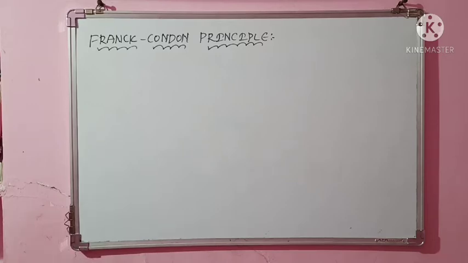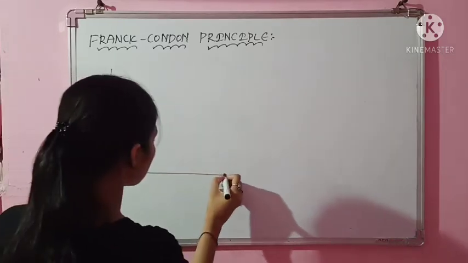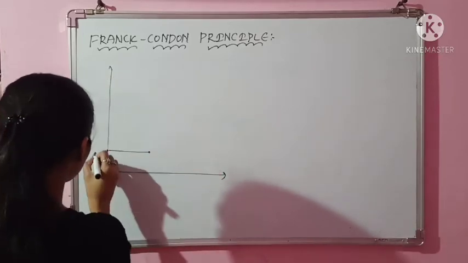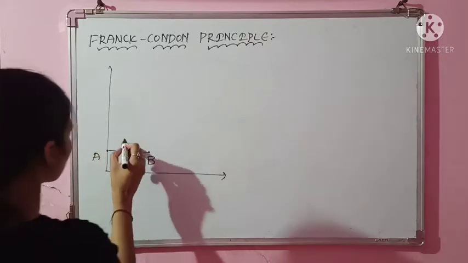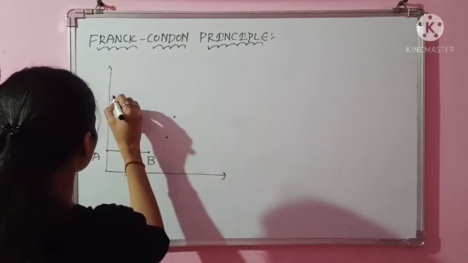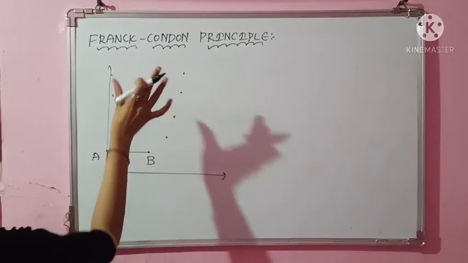Vibration spectroscopy first. You have already studied in vibrational spectroscopy how the energy of a harmonic oscillator is given. Think that your molecule is AB. As it starts vibrating, it gets energy, so its internuclear distance increases. Again, its internuclear distance increases, and again it increases. As the energy goes on increasing, what happens?